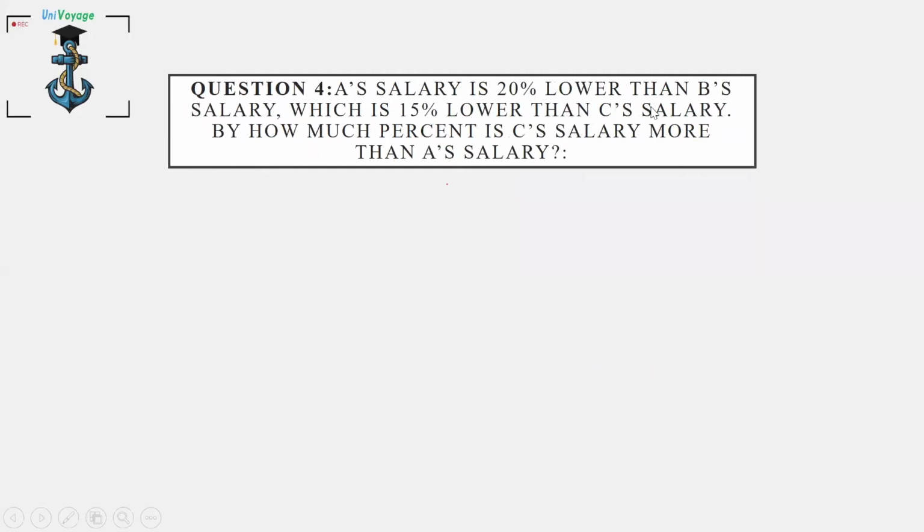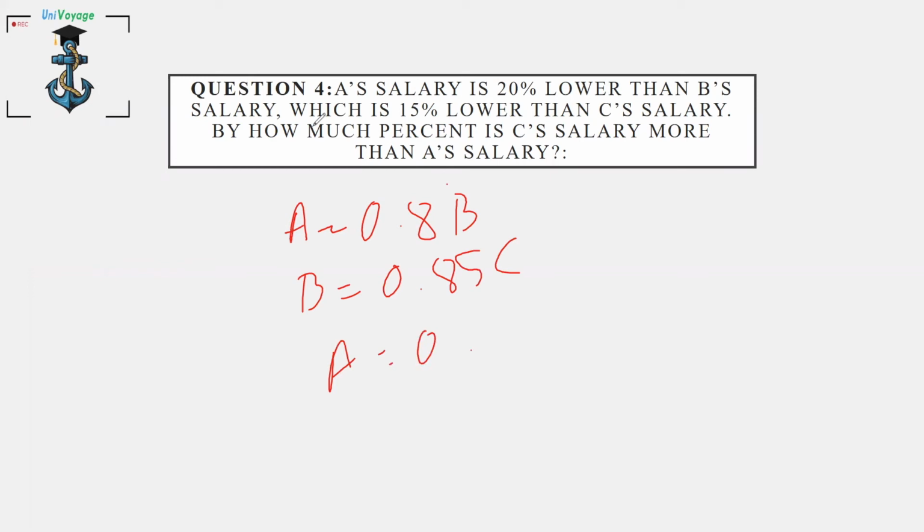Okay, A's salary is 20% lower than B's salary, which is 15% lower than C's salary. How much percentage is C's salary more than A's salary? Okay, so again, we'll just first write down the terms. A is basically 20% less than B's salary, so A is 0.8 of B. Then B is 0.85 of C. So A would naturally become 0.8 into 0.85 of C,